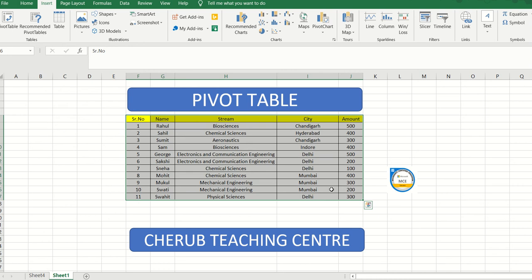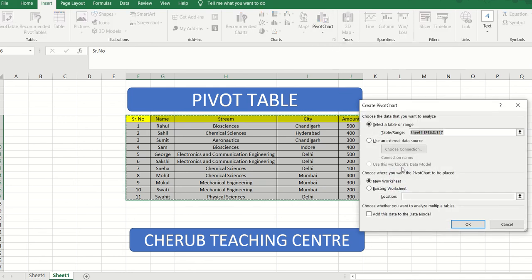Okay, so what I would be doing is I need to select the table first of all, for which I need to generate this pivot chart, and then I will be going to the insert option, and over here where I am hovering my mouse, you can see that there is a pivot chart option. So what you will be doing is you will be clicking on this pivot chart, and the moment you click on this pivot chart, it is going to select the range.